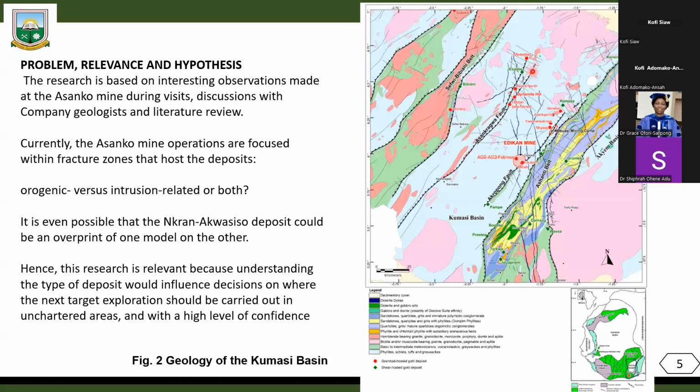This is what we call the Esankragua Fault. All right, and as you can see, it has been denoted by a subduction zone feature. So this dark line here with these teeth suggests a subduction zone feature within the Kumasi